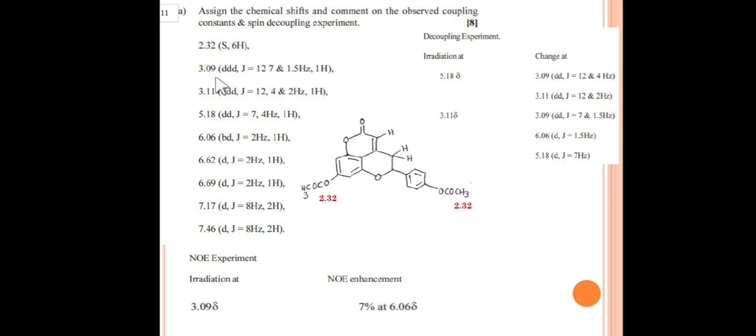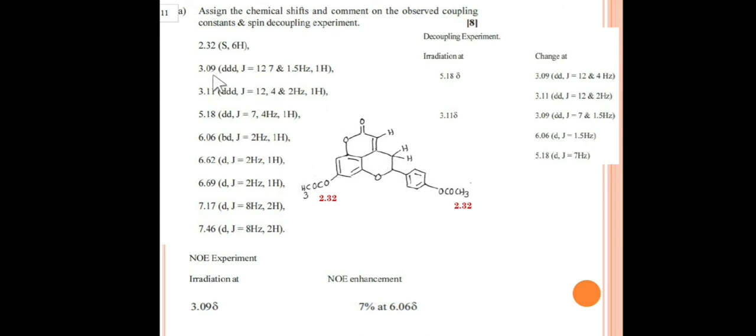Okay. Now the next signal is a doublet of doublet of doublet. That means these protons are coupling with three coupling partners. Looking at this molecule, we can see that these are diastereotopic protons due to this chiral center. They are coupling with each other as well as with the allylic proton and the vicinal proton. So this proton will show a doublet of doublet of doublet: geminal coupling, vicinal coupling and allylic coupling.